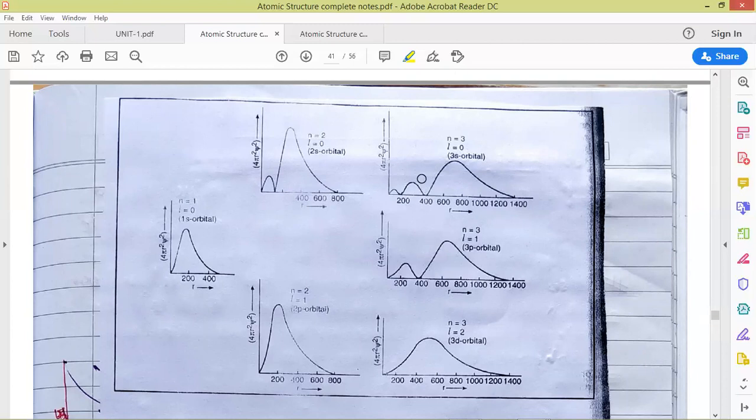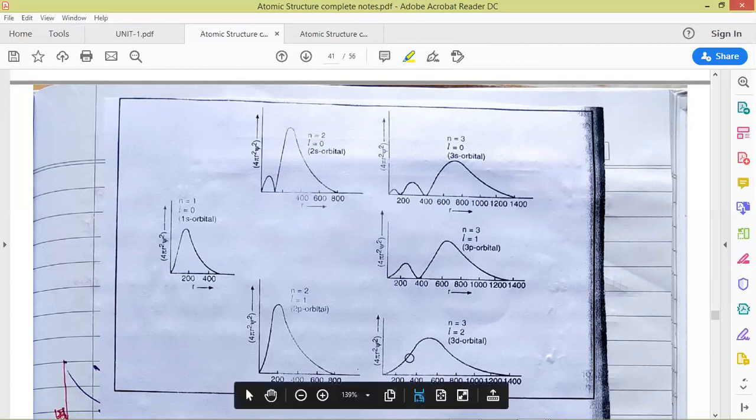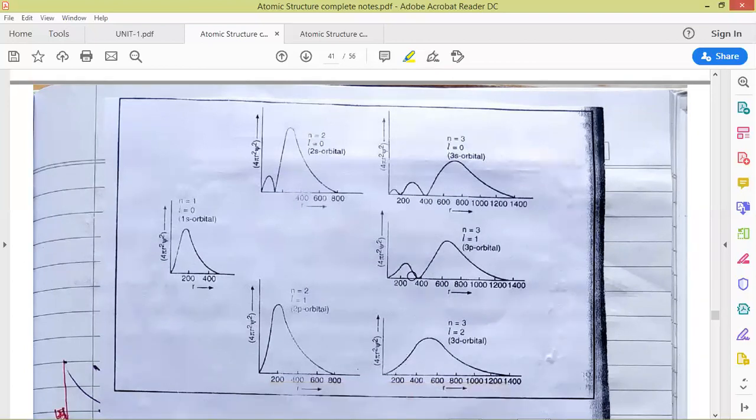Let us compare these two. We can see that for 3s orbital, the first hump is very much inclined towards the y-axis, but for 3p orbital, the curve is plotted as if it is shifted a bit away from the nucleus, as the electron density at the very start is minimum, whereas here the electron density at the very start is high. And further as we move to 3d, the electron density just near the nucleus is further less in comparison to 3p, which is further less in comparison to 3s.